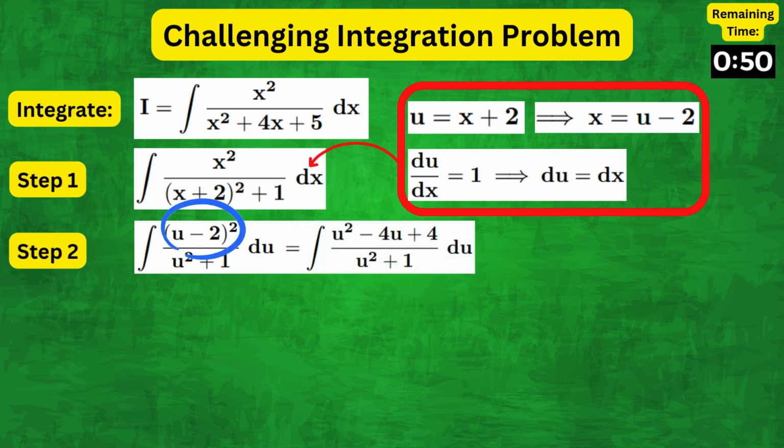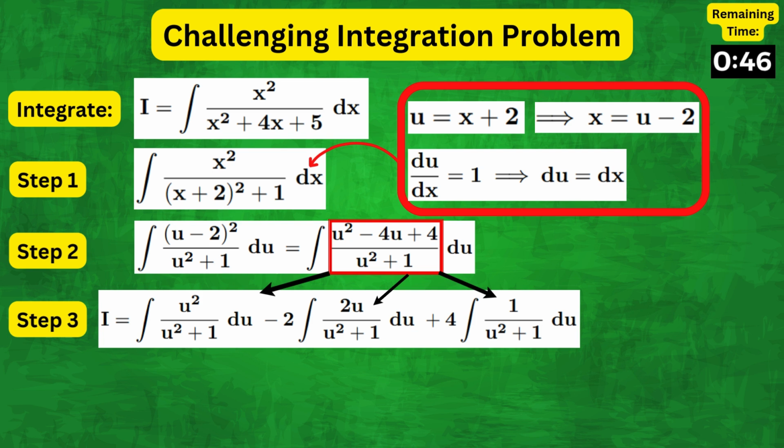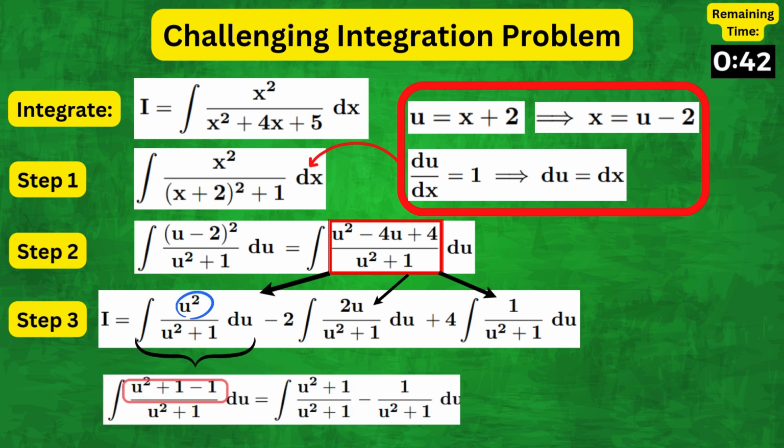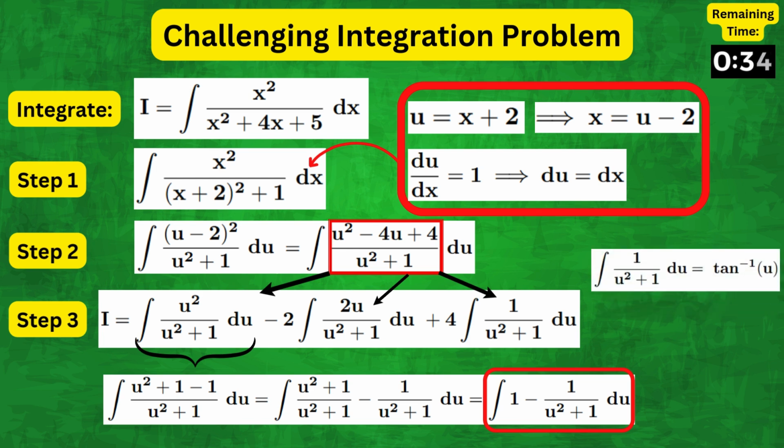We can expand the numerator and then split the integral term as follows. Now, for this first term, we can rewrite the numerator as u squared plus 1 minus 1. Therefore, the fraction can be written as follows. Now, 1 over u squared plus 1 integrates out to tan inverse of u, so we get u minus tan